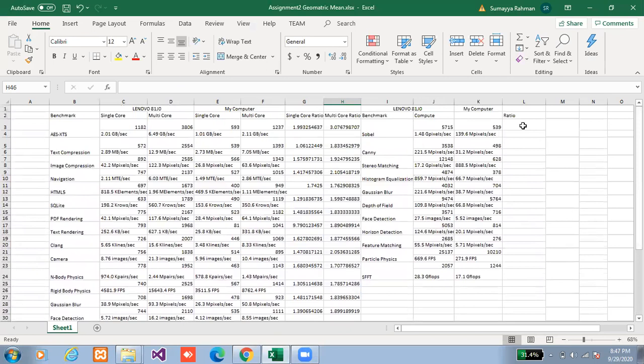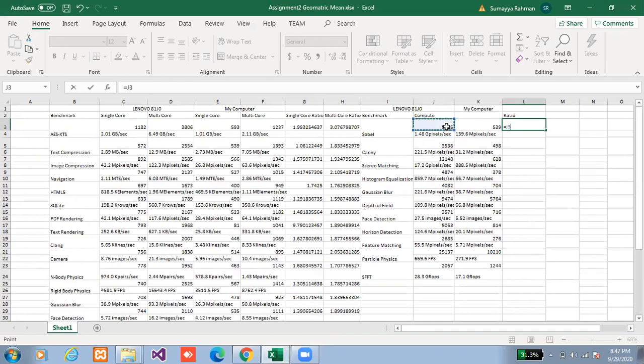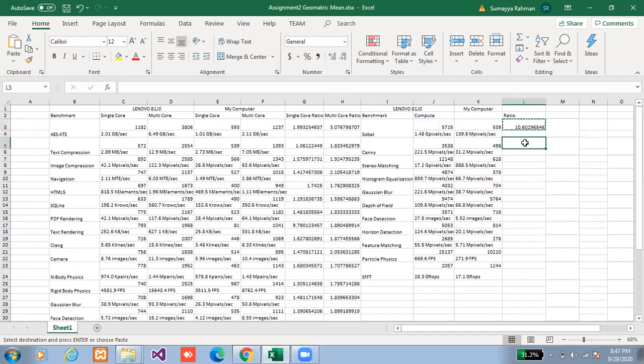Now calculate the ratio for the compute benchmark. Now calculate the geometric mean for the compute benchmark.